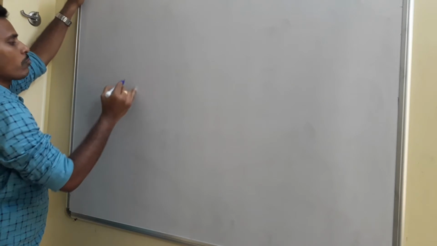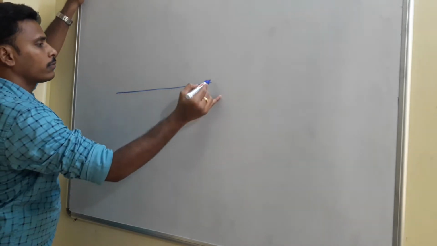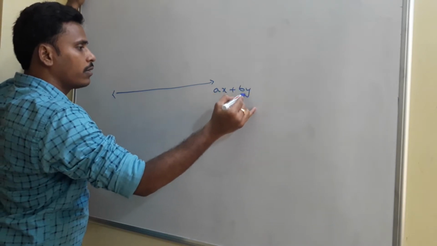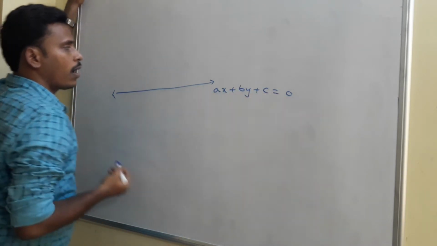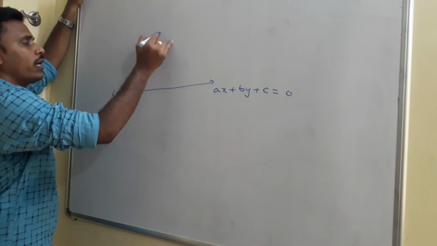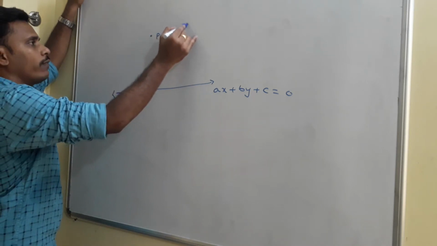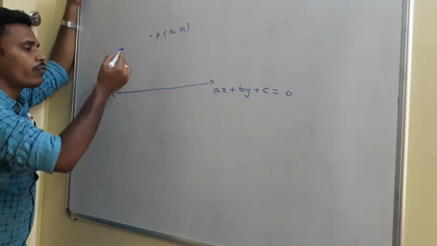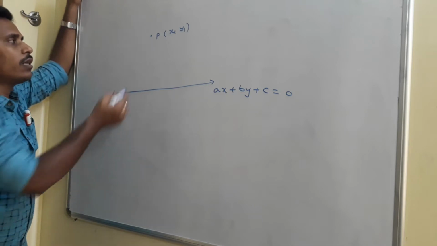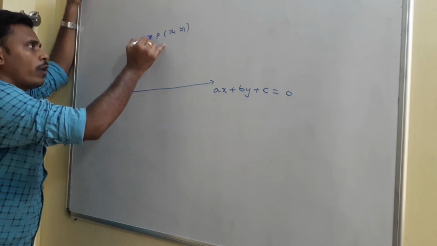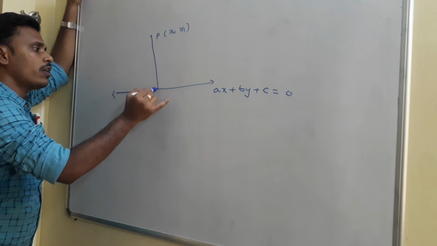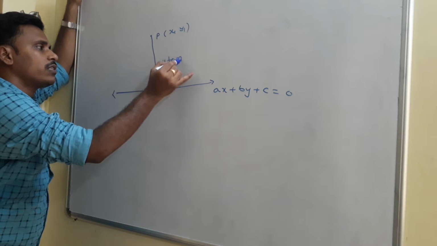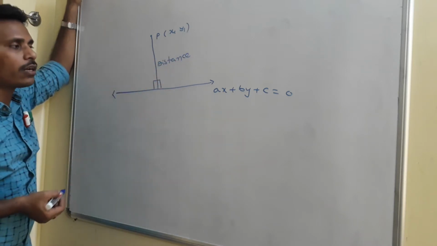See, I have a line. You may say the line equation as some ax plus by plus c is equals to 0. And a point with me, say the point is some P(x1, y1). Now what is our task? Our task is to find the distance from this point to the line. See, I need to reach the line from this point, and this perpendicular distance is usually called the distance. This is the basic notation. The distance from a point to a line is the perpendicular distance.